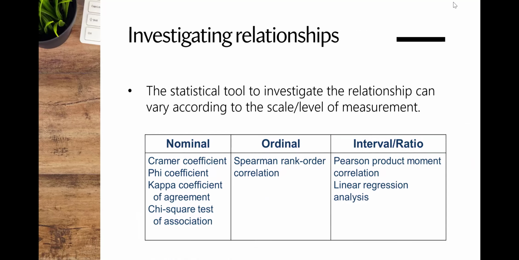And then as we approach the end of this talk, let's look at investigating relationships. So this is the third of the conditions where we said you do hypothesis testing. Remember, if you want to compare with the preset value, if you're comparing groups, and then if you're investigating relationships. This table shows us when your level of measurement is nominal or ordinal or interval ratio, these are the tests that you can use. But let's look into detail.